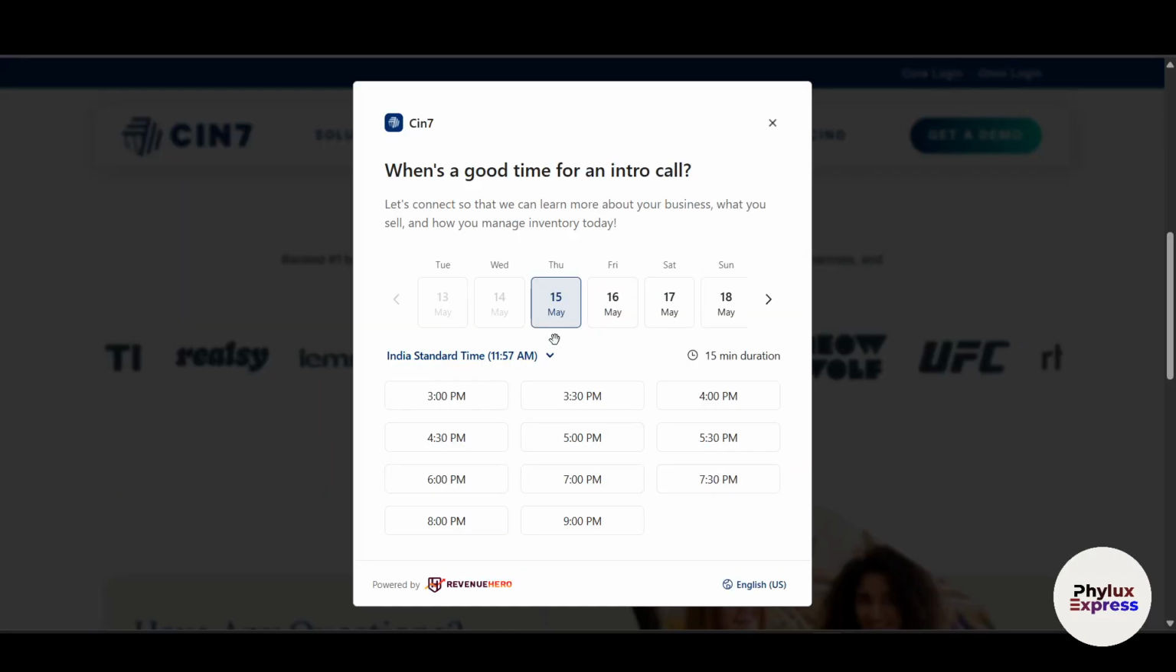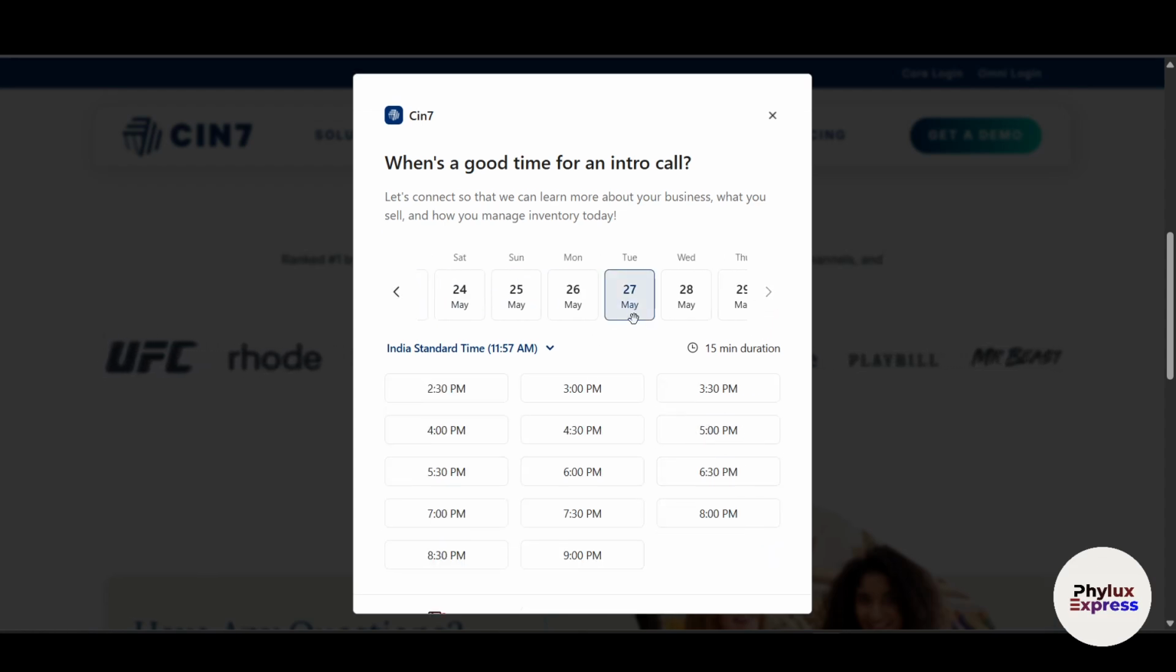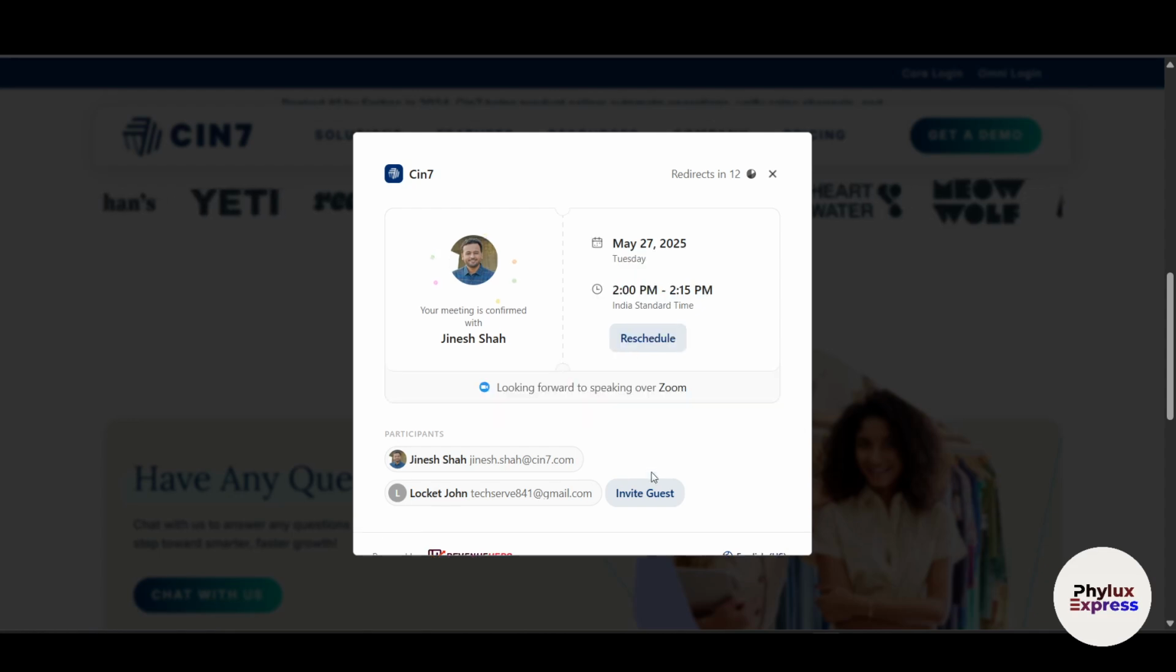After filling out all the information, it will ask you to select a time when they will call you for a meeting and they will try to convince you to buy their product. Before that, you have to select the time. What I will do is simply choose the date and click on confirm, and then